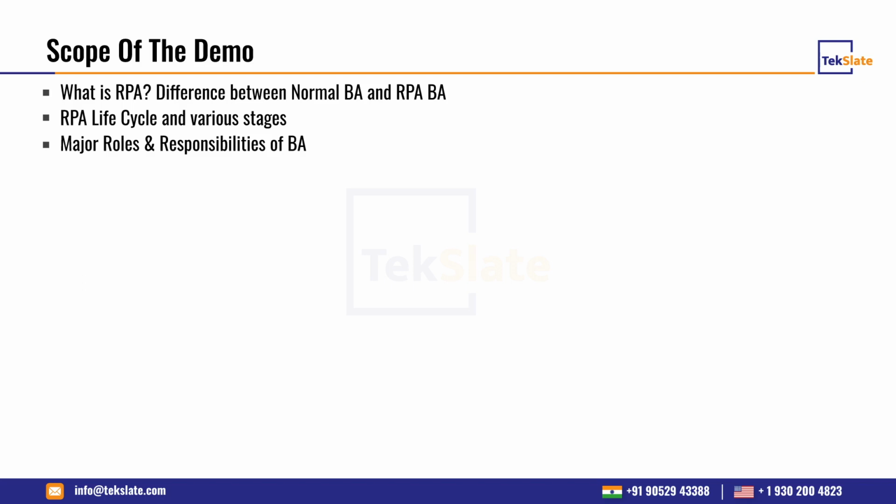Okay, by including them, we have to create a PDD. PDD is nothing but the process definition document. That we have to prepare as a BA. What will go into the PDD? In the process definition document, we will put the process name, what the process is used for, and who the key stakeholders of that process are,